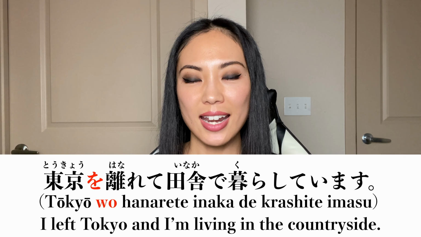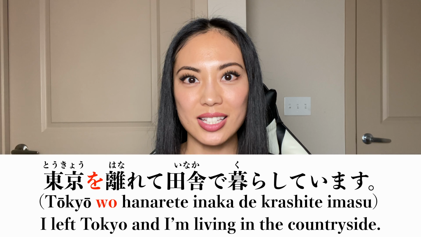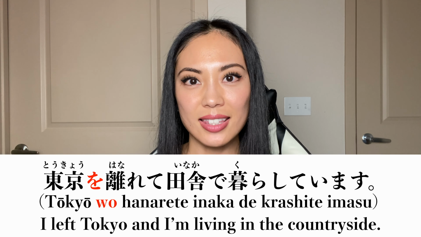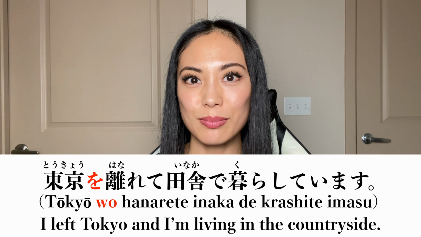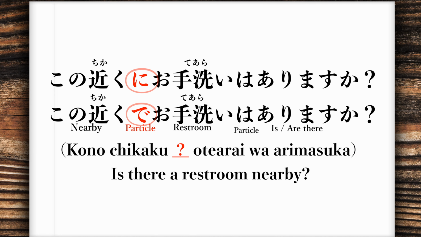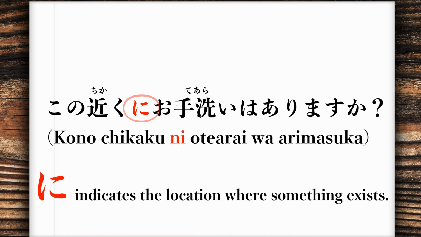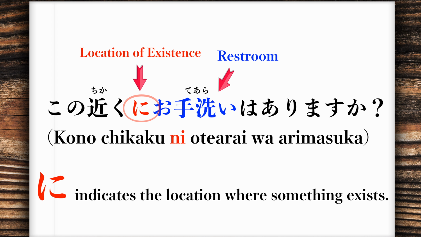Next: この近くにお手洗いはありますか？この近くでお手洗いはありますか？In the first sentence, the use of the particle に suggests inquiring about the existence of お手洗い, restroom, near